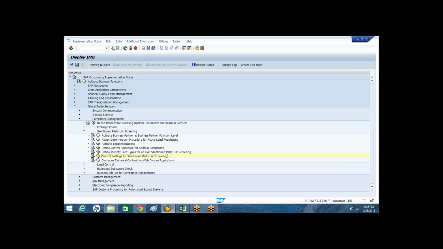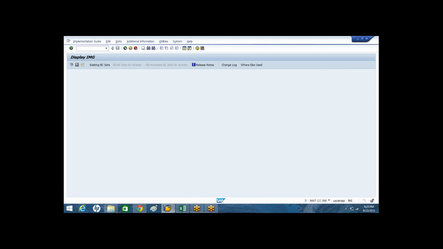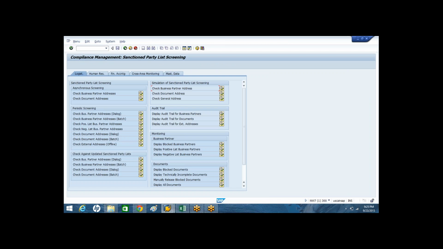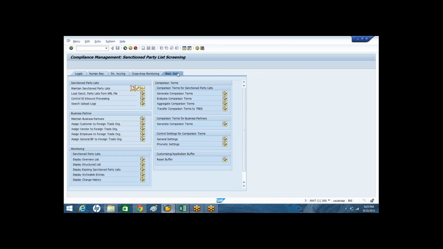So now we are going to discuss the master data requirements. What is the procedure? The master data setup for SPL screening includes how to maintain an SPL member manually, individually, whenever you have a requirement to define an SPL member.